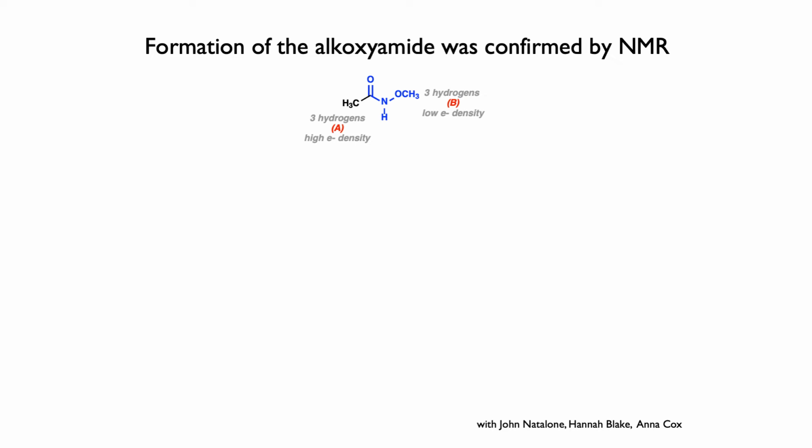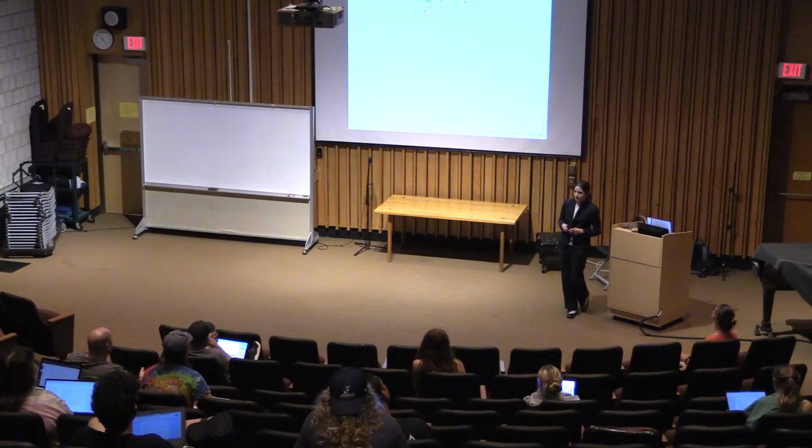These set of hydrogens are really close to an oxygen atom. Oxygen's really electronegative. It likes to pull electron density toward itself. So that takes a lot of electron density away from these hydrogens, and the NMR that we'll see will reflect that. These hydrogens, on the other hand, are not as close to an electronegative atom, and so they have more electron density around them. They don't have something pulling as hard to remove electron density.